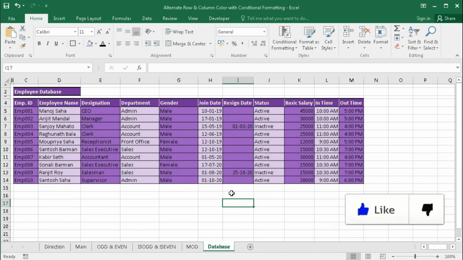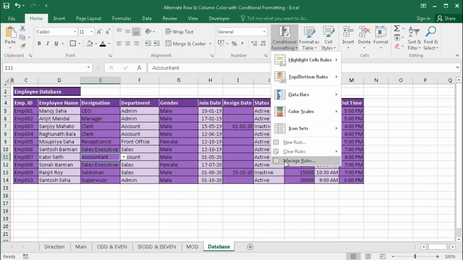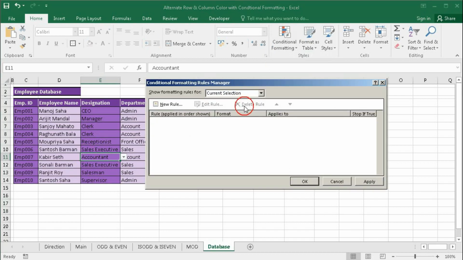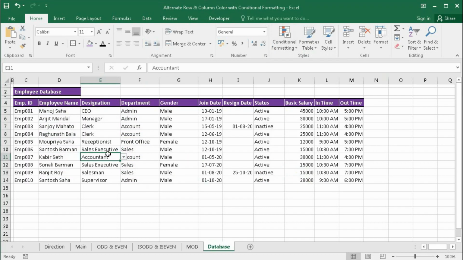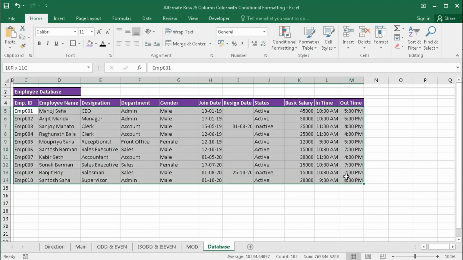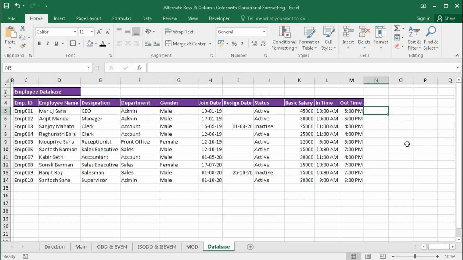Now, if we want every third row to be colored, what will we do? Then again delete this conditional formatting. Now we want every third row to be colored. So click here and let's check the formula first.